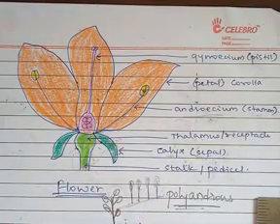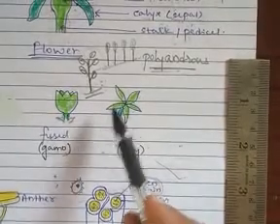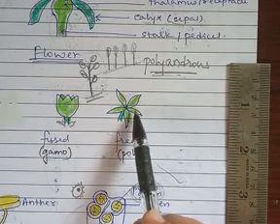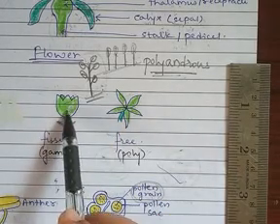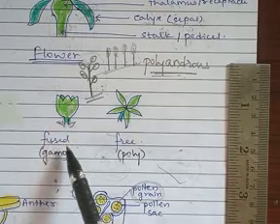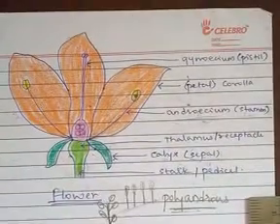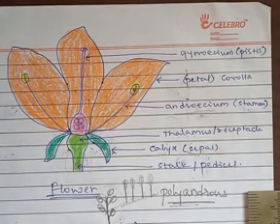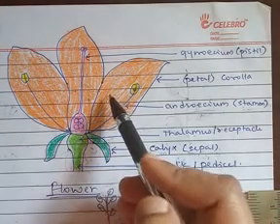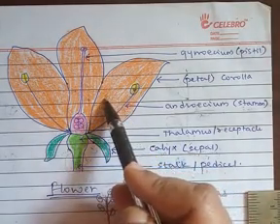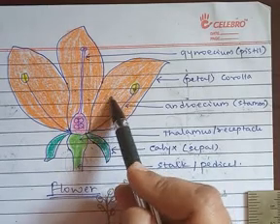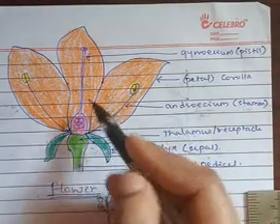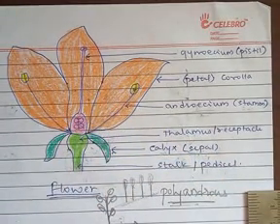Talking about the petals more, like the sepals, the petals may be free from each other. In that condition, it will be called polypetalous condition. Sometimes the petals are fused together, then it is called gamopetalous condition. Talking about the number of petals, it may be different in different flowers. Now, what is the function of the petals? Since the petals are brightly colored, their main function is to attract insects for the process of pollination. And a secondary function is that it protects the inner parts of the flower, that is the androecium and gynoecium, in the bud condition.